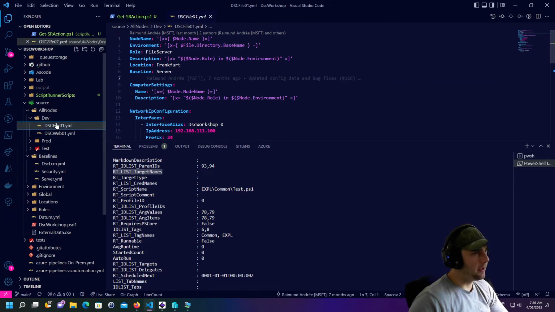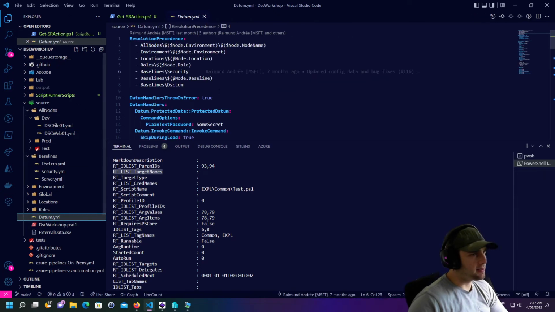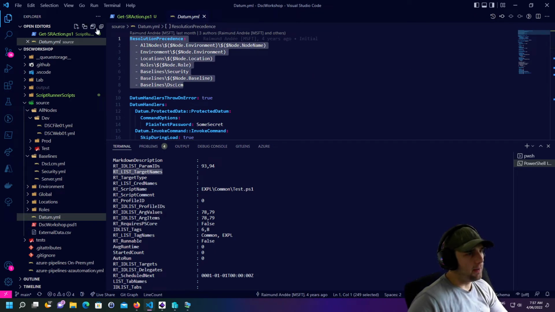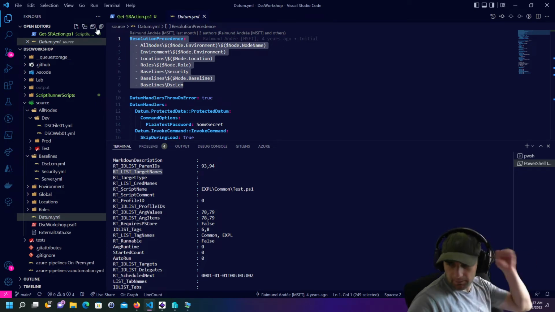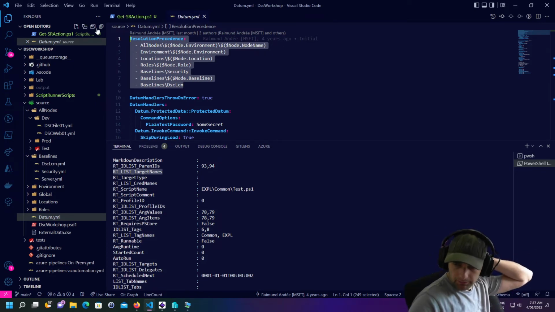Okay, I think I figured it out. So what can be done here is that we can read the resolution precedence, and then we read the template. That means that